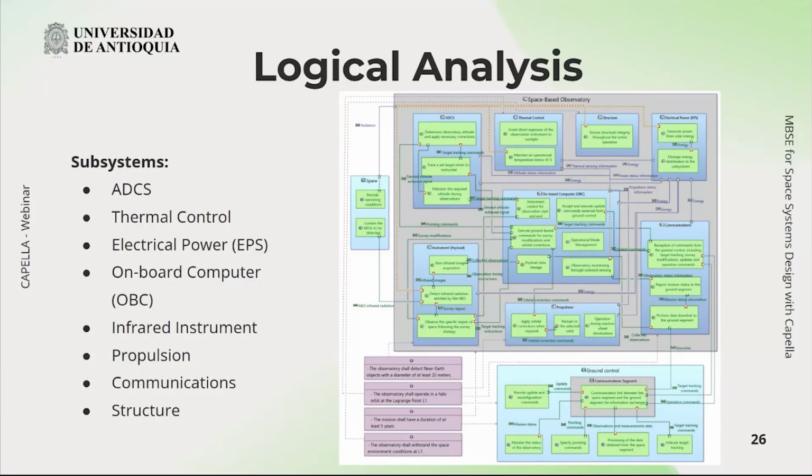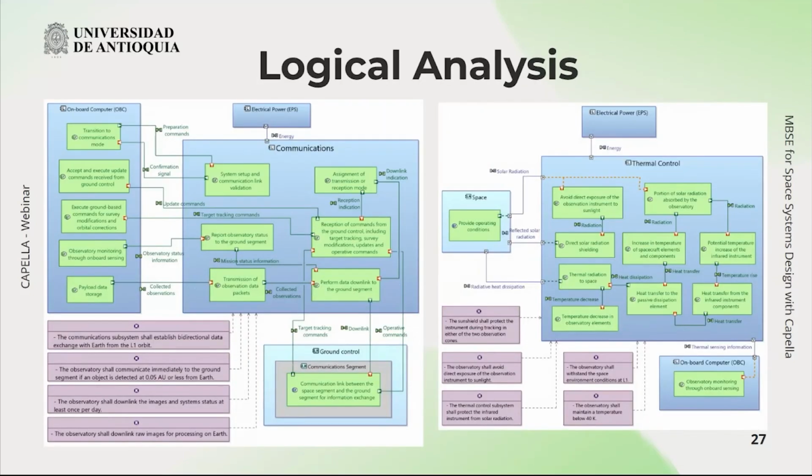So here we can see the logical interactions between subsystems, but because we are talking about a complex system, it is very necessary to understand internally how each subsystem works. So here we have a system to subsystems transition that is very useful in Capella. And as I told you, with the requirements allocation to each subsystem. And this is relevant because it also provides the logical